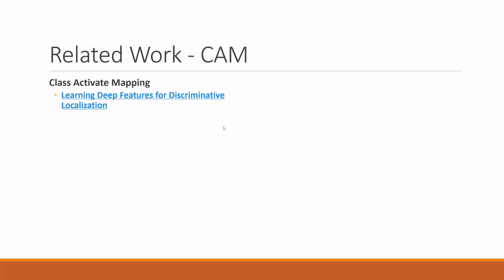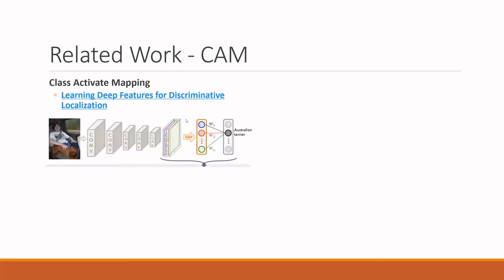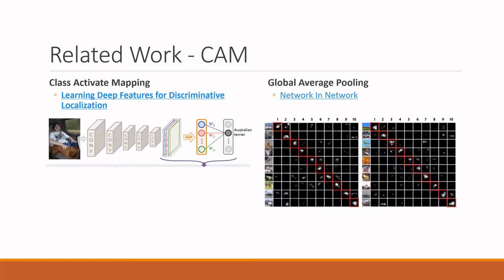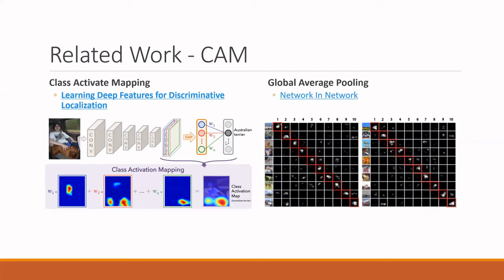Let me briefly introduce the Class Activation Mapping. Here are two parts of CAM: feature extractor and feature classifier. The feature extractor is produced by global average pooling, GAP, and the output is the feature map. The feature classifier is a fully connected layer and the output is a saliency map. The problem is that CAM can only explain why the CNN classifies this way, but it cannot explain why the CNN can locate the area well related to the label.